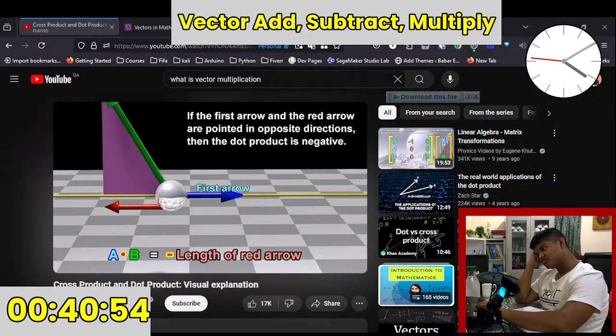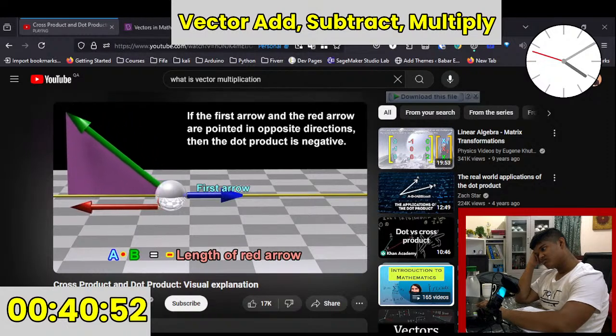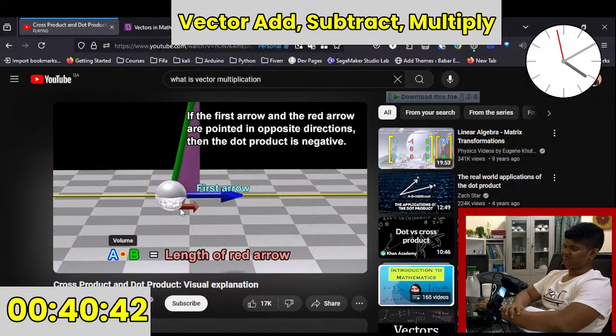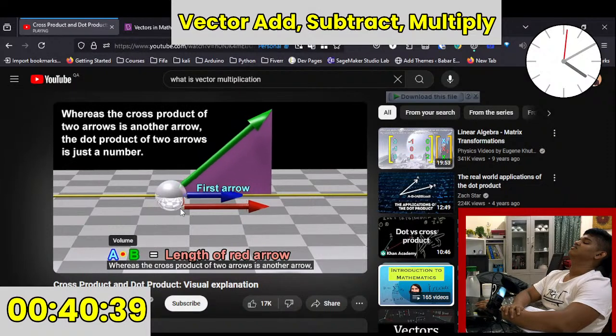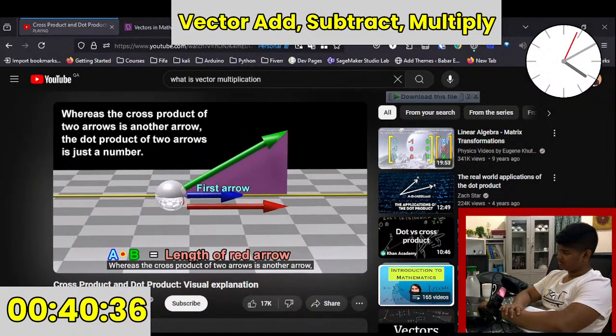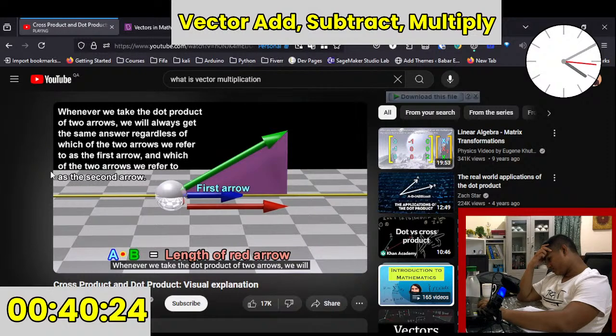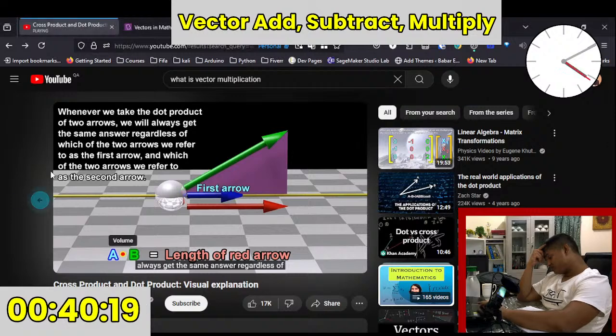If the first arrow and the red arrow are pointed in opposite directions, then the dot product is negative. Whereas the cross product of two arrows is another arrow, the dot product of two arrows is just a number. Whenever we take the dot product of two arrows, we will always get the same answer regardless of